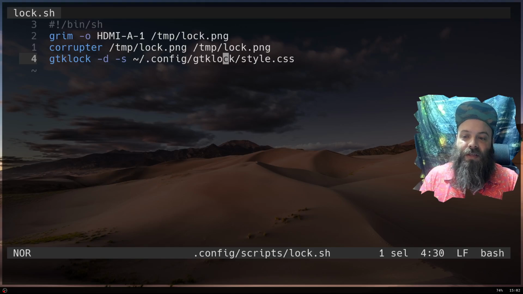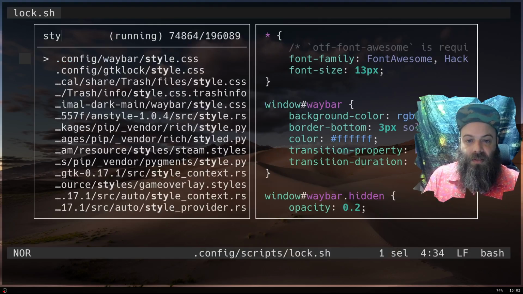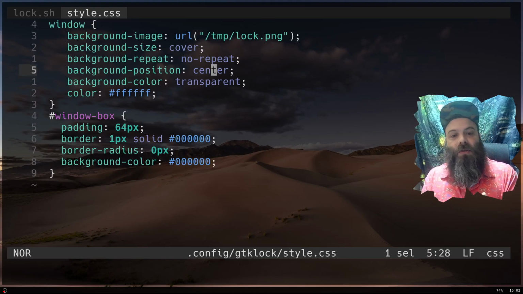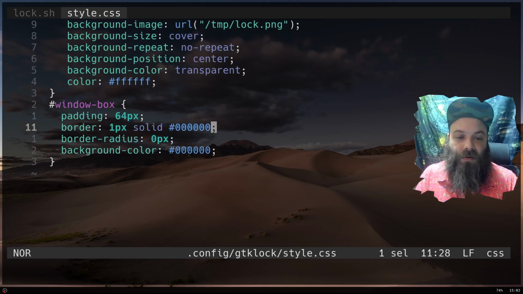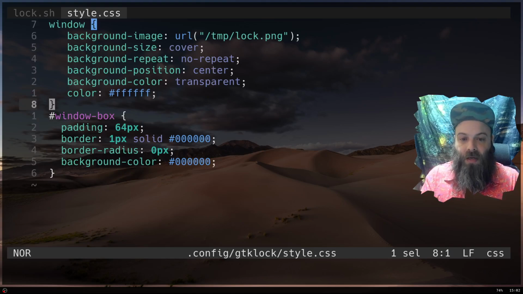And if you see the style.css, right here, this style.css background image URL links to that lock PNG that's inside the temp folder. And then this CSS, you could take even farther. I haven't done it yet because honestly, where it is is pretty nice. The only thing I'm going to do is come in here and figure out a way to remove the